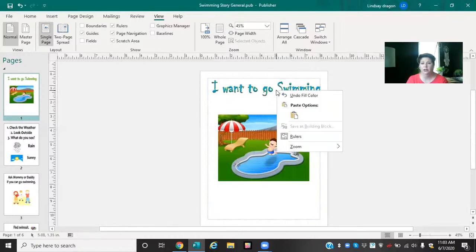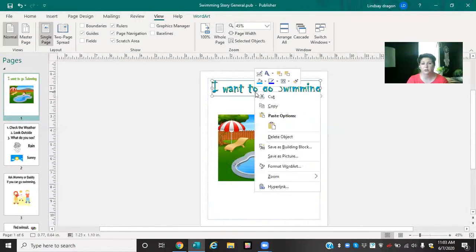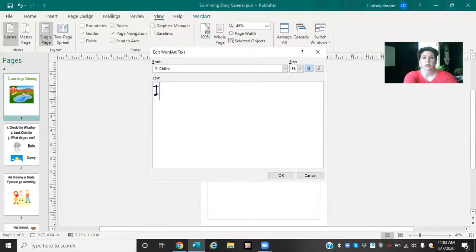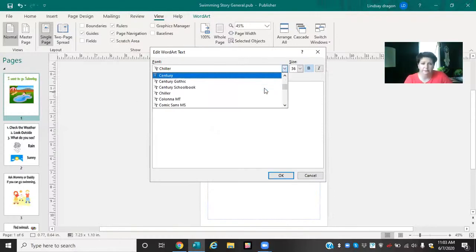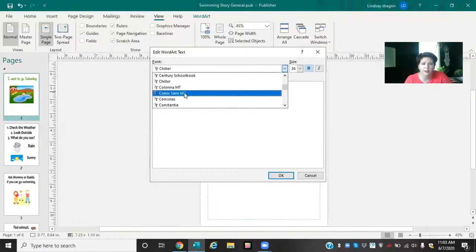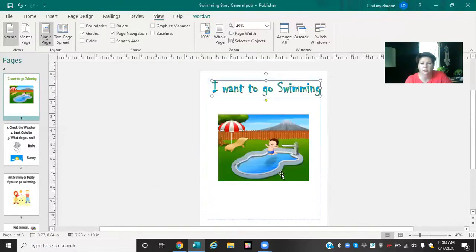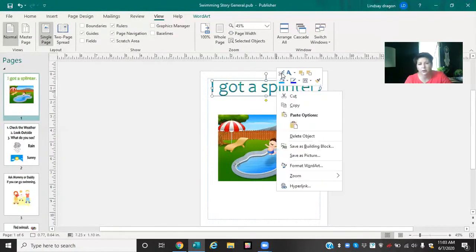So I'm going to go in and adjust this title. Okay. So I'm going to make it, I got a splinter. This font has to go. That's a poor title at the moment. We'll work on that. But let's go ahead and go to Candara Light. Okay, so I got a splinter. Okay, so now I'm going to change